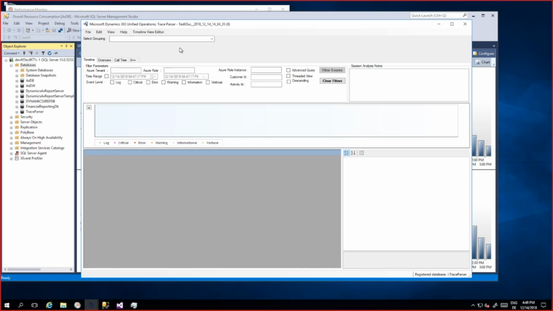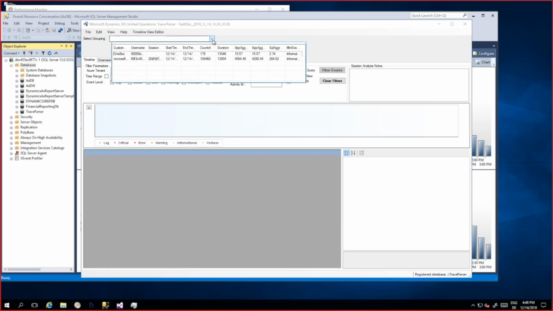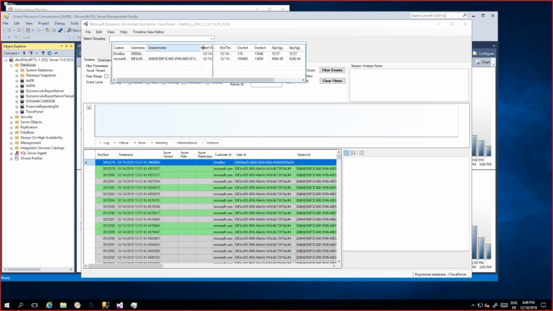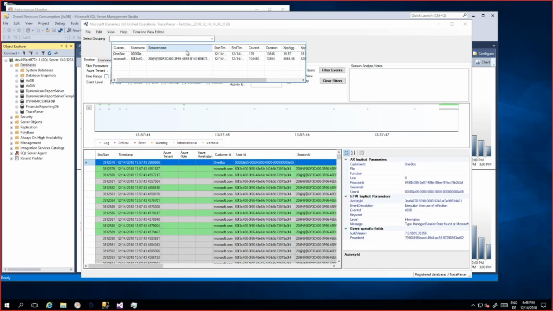With a new trace parser for Dynamics 365 for finance and operations, a new view has been added, this timeline overview. I don't find it that useful, so the first step I usually take is to find the sessions. As this was an isolated environment, I only have a few sessions,